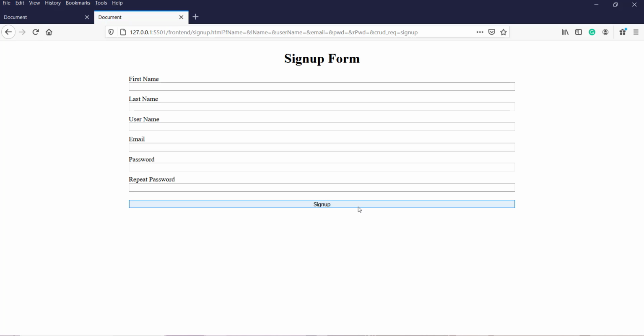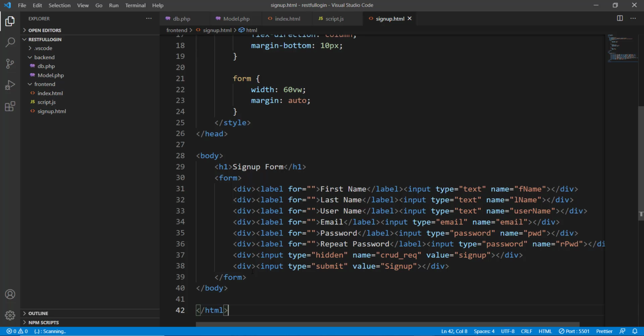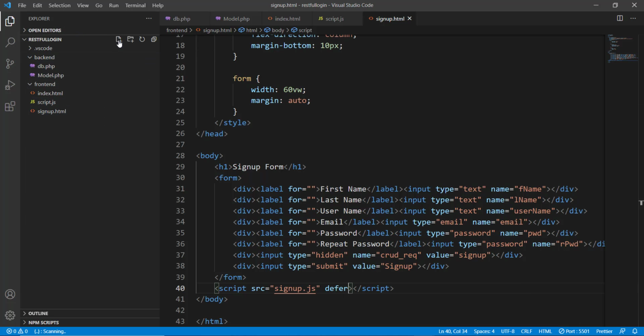Now all that is left is that we need to define an event listener for this button, and then from that event listener we have to send an HTTP request to the server. So first of all we need a script file, and I'm going to call it signup.js, defer as usual. Now we need to create this file,